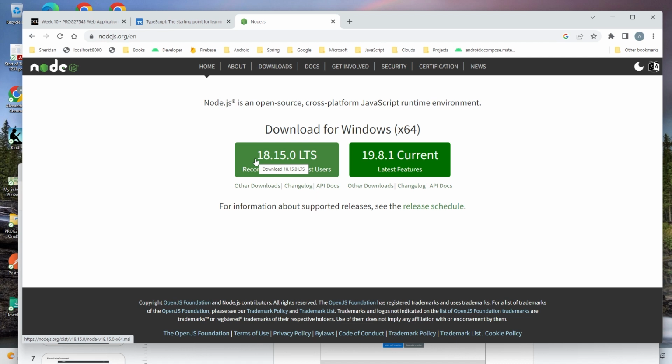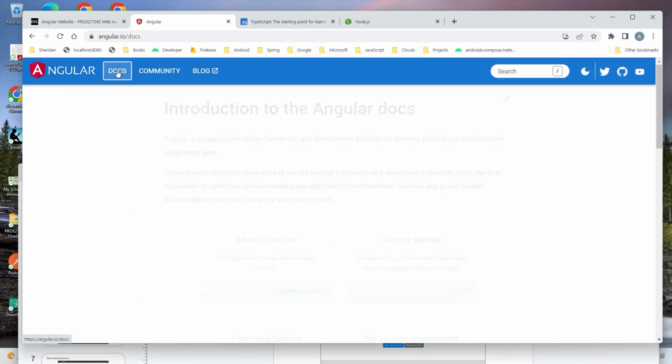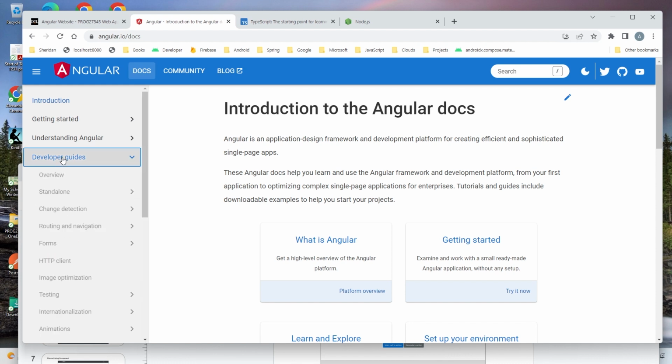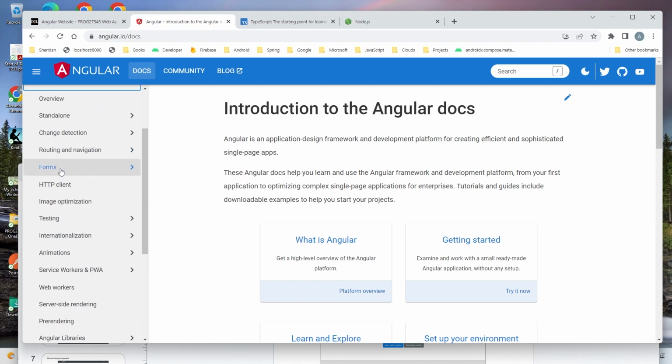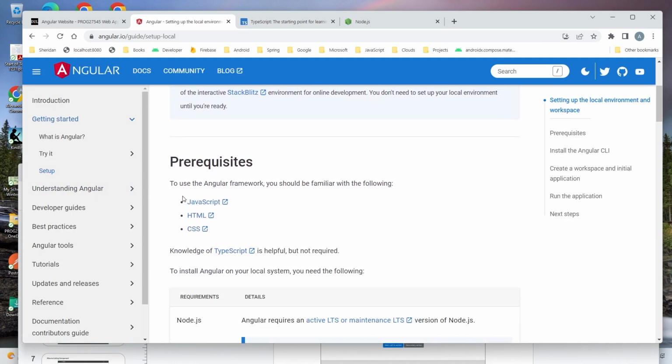So this is the first thing that we need to install. It is Node.js, and it's installed globally on your laptop. Next, I already discussed the TypeScript website. If we go to the Angular website, you will realize that there is also documentation, and in the docs this is also useful, like getting started, guides per topic, and reference. If you go to the top, getting started, there is a link called setup. If you click on setup, it says